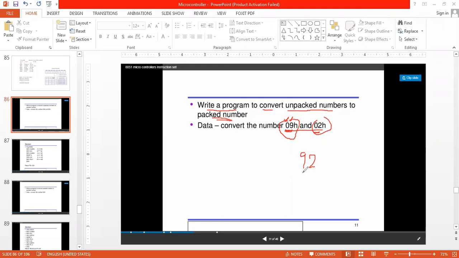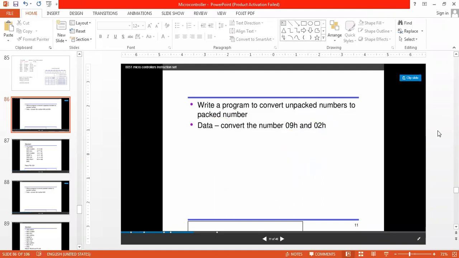The upper nibble has some value, the lower nibble also has some value. So this is a packed number. And converting a packed number back into unpacked numbers gives 09 and 02. So how can I do that?